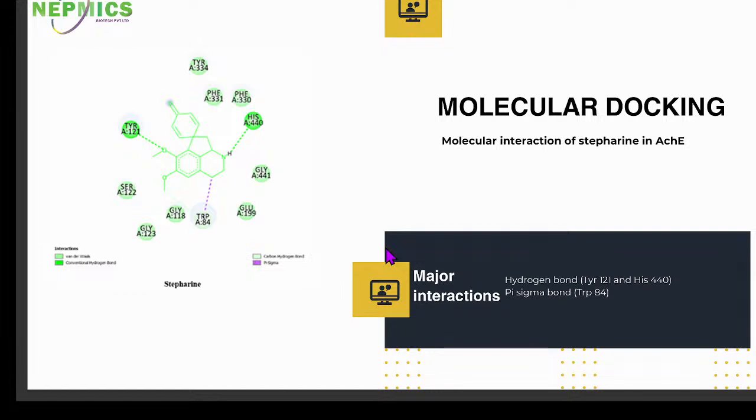Here you can see at the left hand side stefarin interacting with the key residue histidine 440 in the catalytic triad, and apart from that tyrosine 121 is another residue that has a hydrogen bond over here. And then you can see other interactions as well, hydrophobic interactions, tryptophan 84 and several van der Waals interactions. Okay, and next is tyrosine 121. Although it is not in the catalytic triad, it is present in the active site, and it also provides extra stability